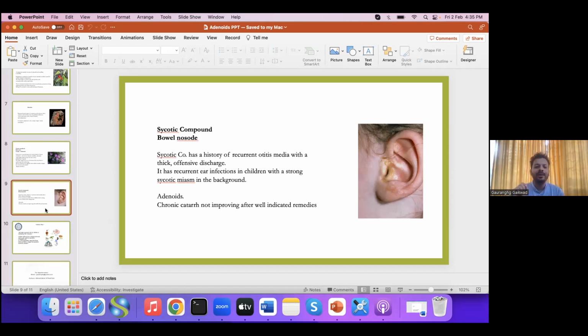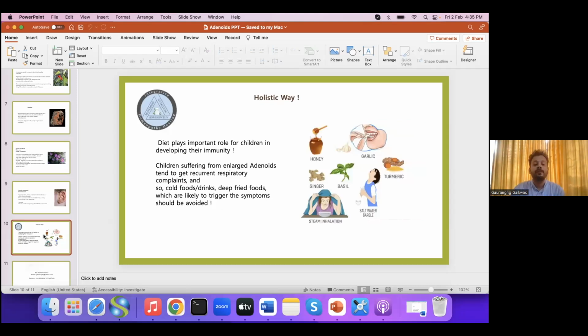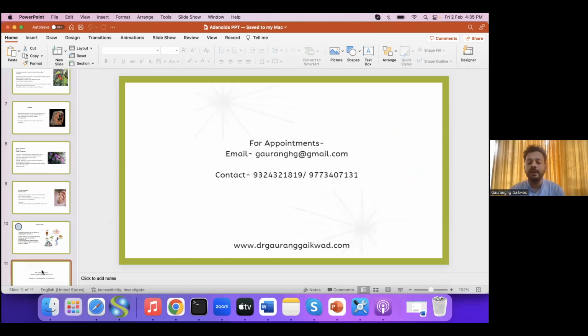But the idea is to find the deeper remedy. You have to find a really good homeopath that can work with the child's health and also make changes in his overall lifestyle. You could find a really good homeopath, or if you need my consultation, you can write to me,